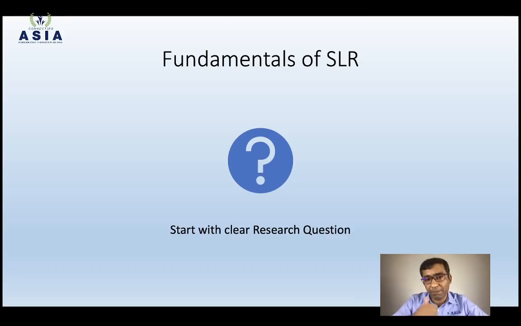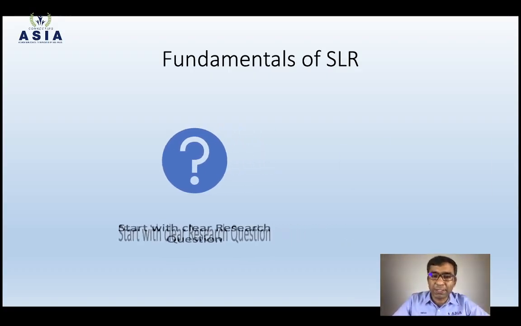I will give you 5 minutes after this slide. You can just think on your research question and post it in the comments, so I can check and give you some feedback if it is relevant, and I can pick some examples. But everyone must start with the research question, and that research question must be very clear and not include many variables, maybe one variable, one concept, one construct,